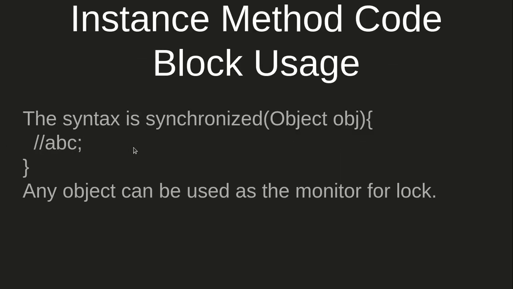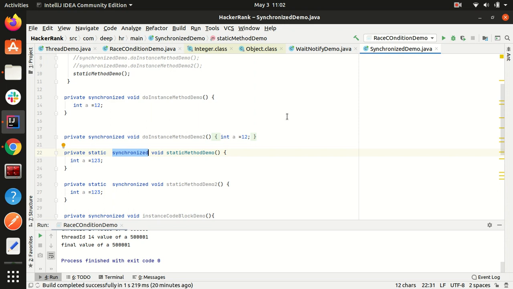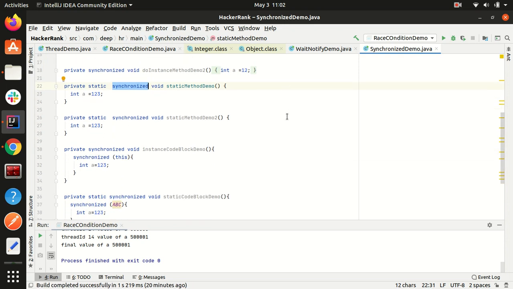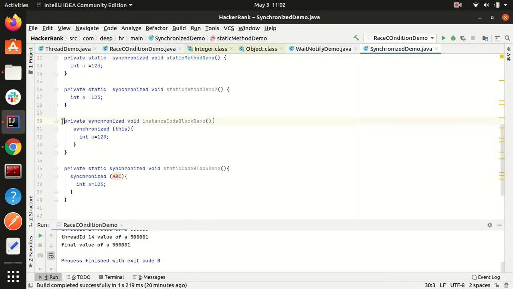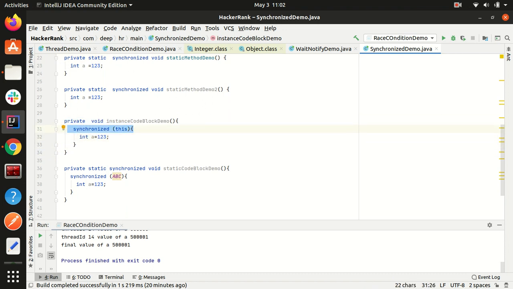The third way to use the synchronized keyword is in a synchronized block inside an instance method. So now the syntax here is, you can provide a lock object. Let us check the demo. Now here, as you can see, what we have done is we have defined a method. Inside this method we have created this synchronized block, and inside that we have written our code.